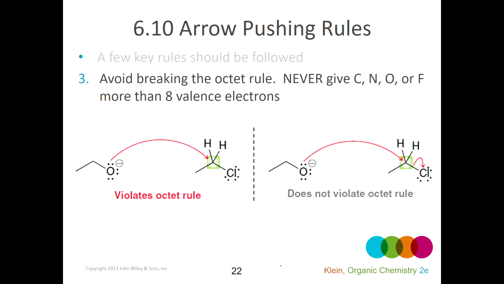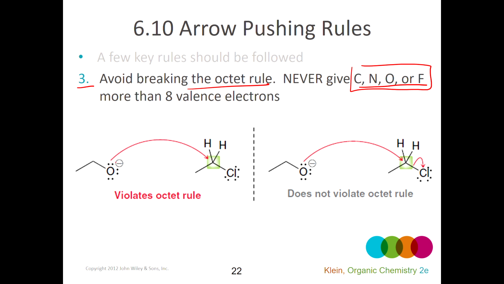So make sure you start the arrow on electrons and end the arrow on atoms or space between atoms. Third rule, avoid breaking the octet for second energy level atoms. These elements can never have more than 8 electrons. So just make sure you don't draw an arrow that would indicate that the atom would start to have more